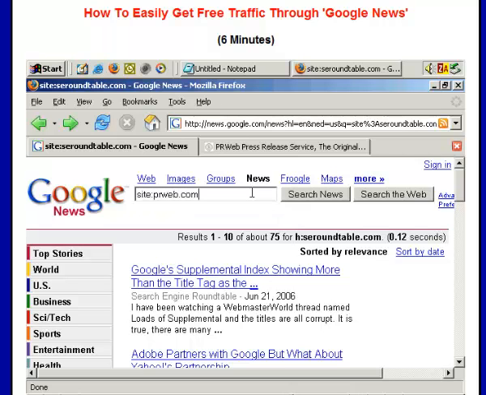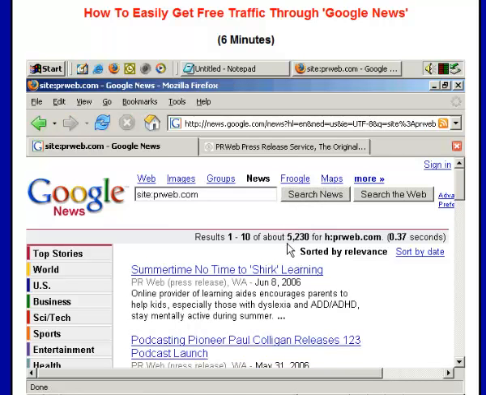and as you can see, over 5,000 results, 5,000 pages from PR Web in the last 30 days. Just looking through these makes it clear press releases submitted to PR Web also appear in Google News. So just by submitting a press release that way, you may get even more traffic through Google News, and potentially, as mentioned, if you get publicity from it and other people who may view it as well. For example, reporters looking for certain stories.